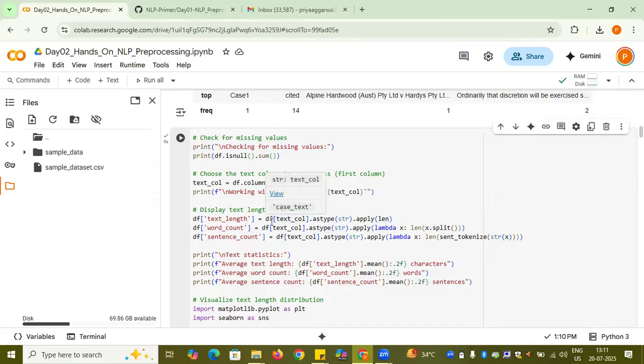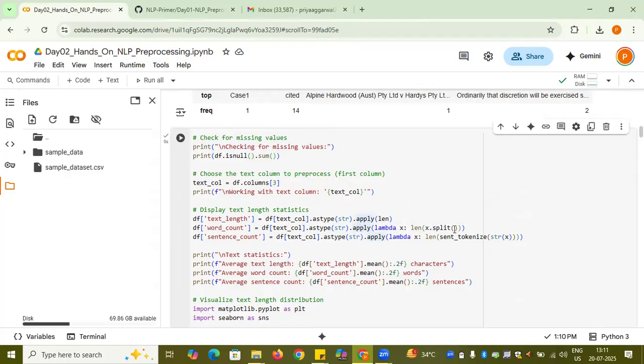And similarly, I want to see how many words there were. So text column .astype(str), that is clear. What I want to do is first split whatever text is there, and after splitting, I'll take the length. For that I am using .apply and then a lambda function with x.